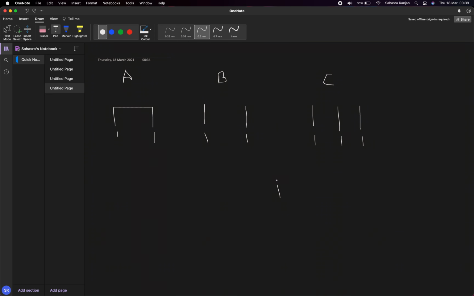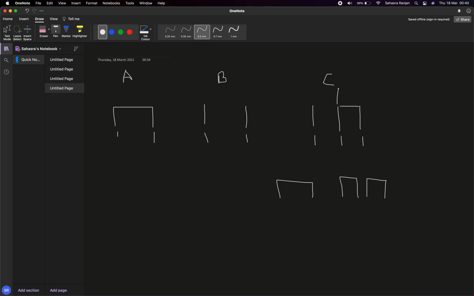First was this one, second was this one, and you can actually close like this.